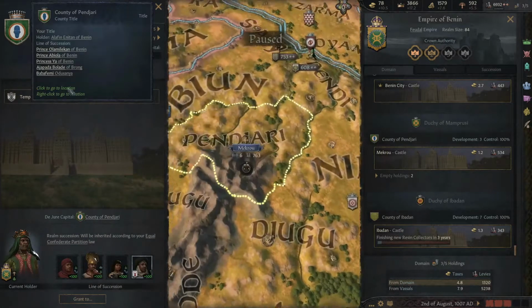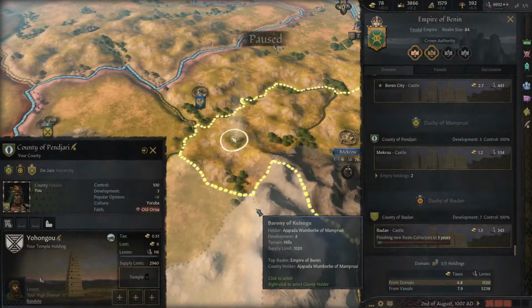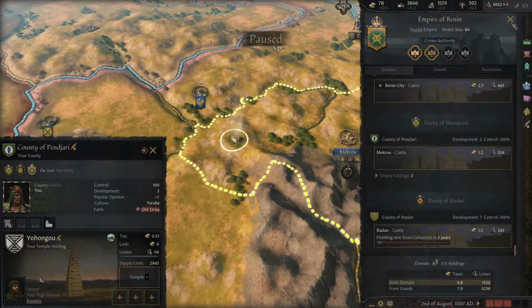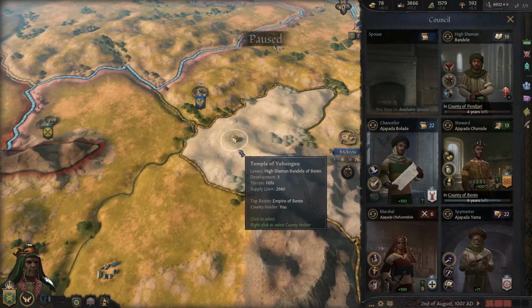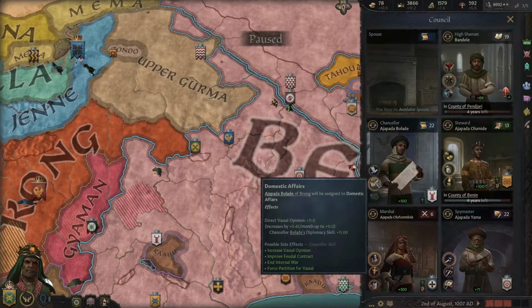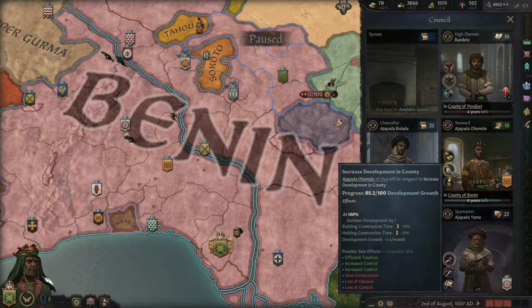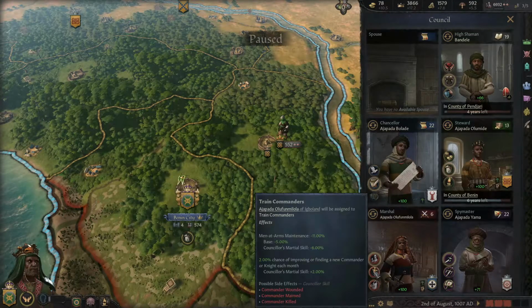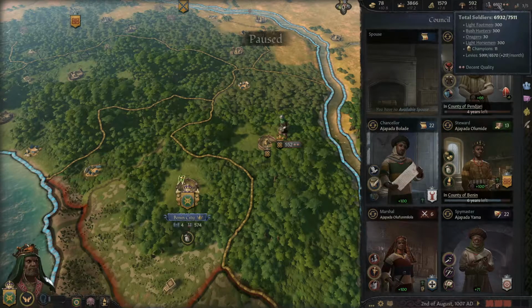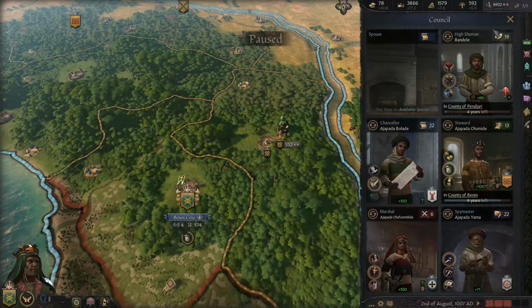Did this have a city? I didn't see a city. It has 2 empty holdings. So... Oh, we need to convert there. Are we converting anywhere? Yes. Somewhere else. He's doing vassal approval, which is probably what I want. He's improving my development here. Let's train commander. Well, let's see. Yeah, we could probably train commanders. Our levies are getting back up. So...